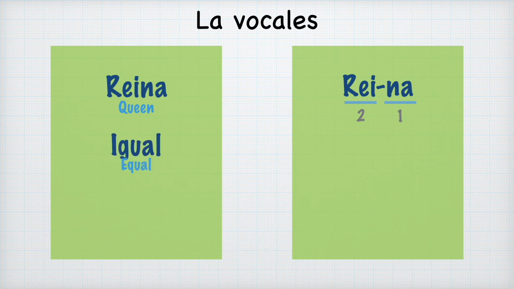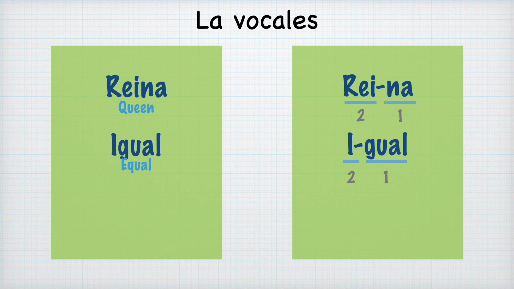We have another example here, igual. It means equal. So again, we have 2 syllables here, and we're going to stress the A on igual. You can hear the difference there, and it's because it's the strong vowel. So if you see a weak vowel plus a strong vowel in any order, they will be part of the